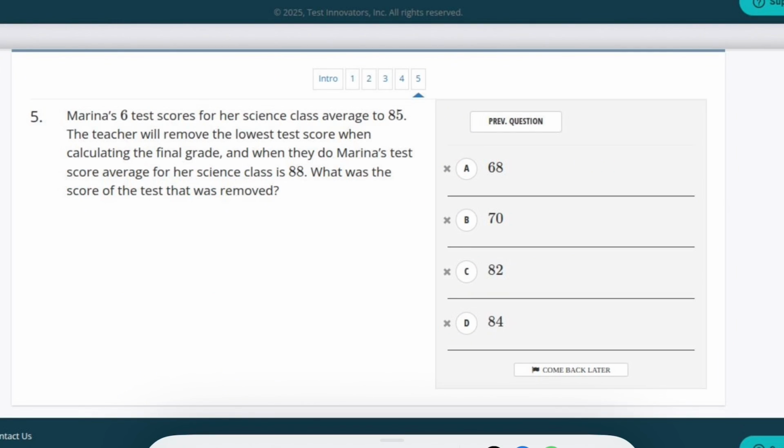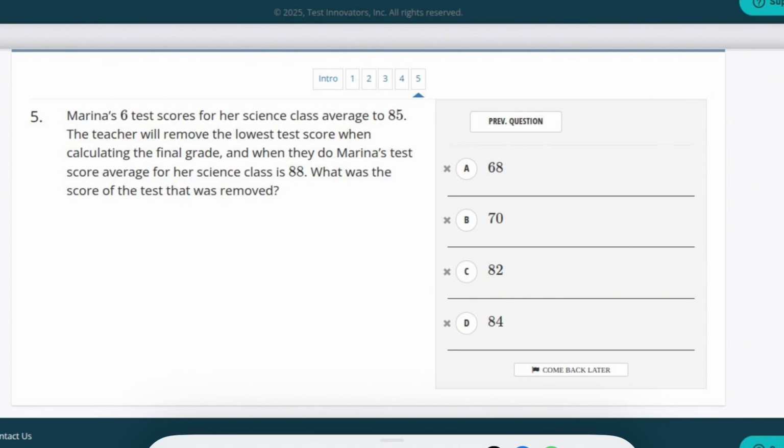Lastly, we have number 5. Marina's 6 test scores for a science class average to 85. The teacher will remove the lowest test score when calculating the final grade. And when they do, Marina's test score average for a class is 88. What was the score of the test that was removed? So here we have to pay attention to what it tells us. So there are 6 test scores